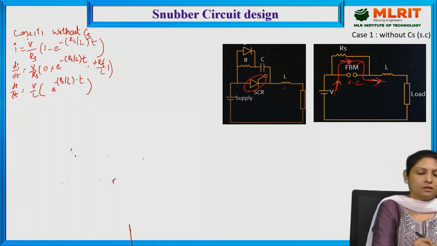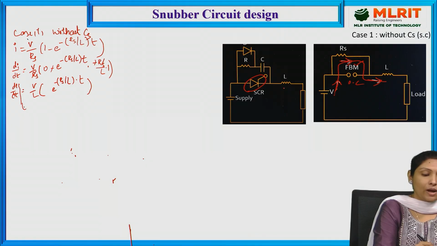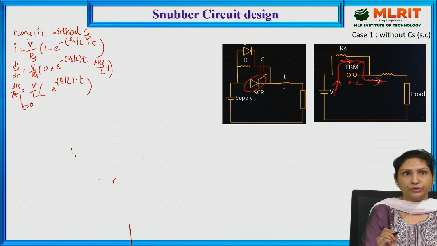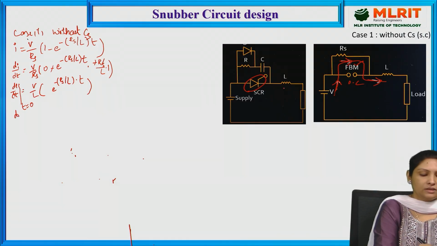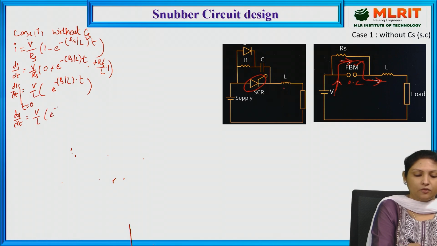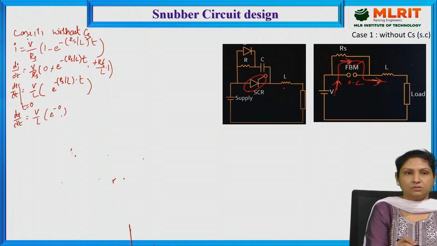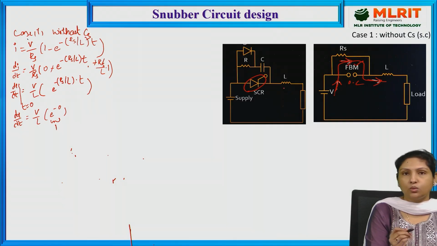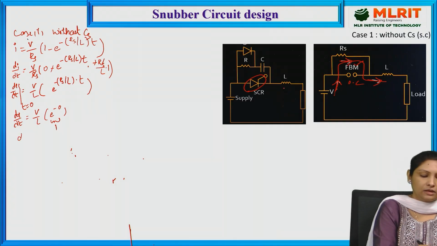and here di by dt at value t is equal to 0, let us obtain this. And if we substitute t is equal to 0 in the above equation, in that case we get di by dt is equal to V by L, and substituting t is equal to 0, we get e power minus 0, where e power anything is equal to e power 0 is equal to 1. In that case, di by dt is equal to V by L,